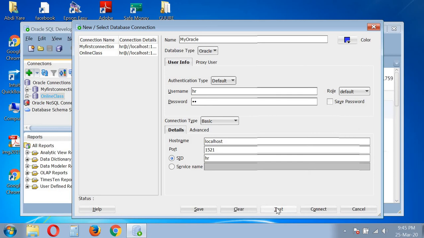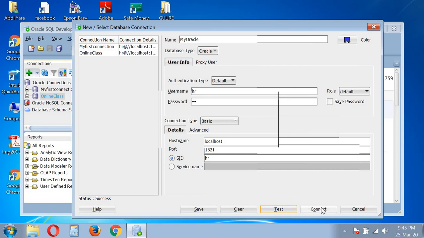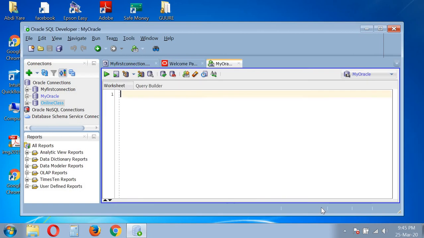So let us see if this can work or not. It's a success, so you can just go ahead with it. And it's almost the same, so we can say the same command. Let's select all from